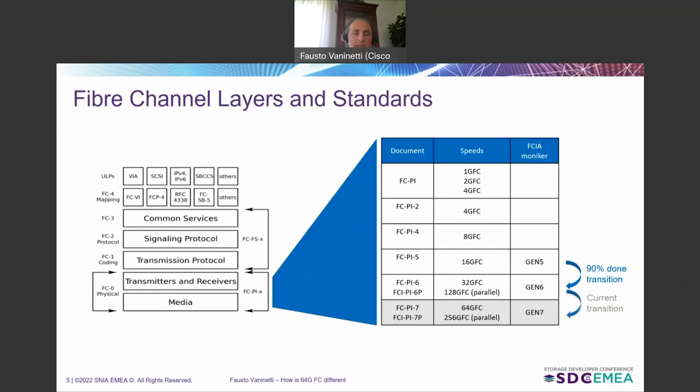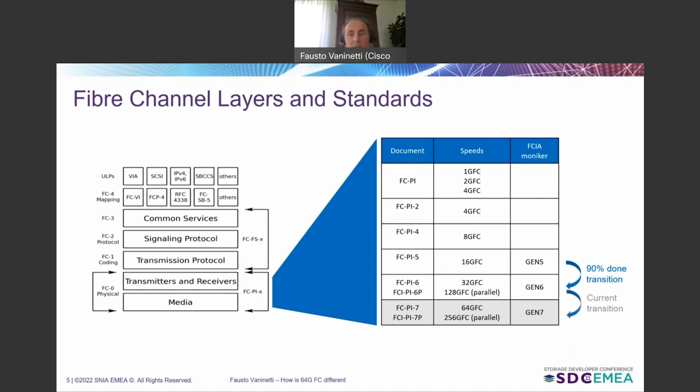Fibre Channel, as I said, is built around a 5 layers structure. The lowest layer, called the Fibre Channel 0 layer, is the physical layer. It's where the media, the transmitters, and the receivers all live. The standard that describes in detail how you should implement the Fibre Channel 0 layer is called Fibre Channel Physical